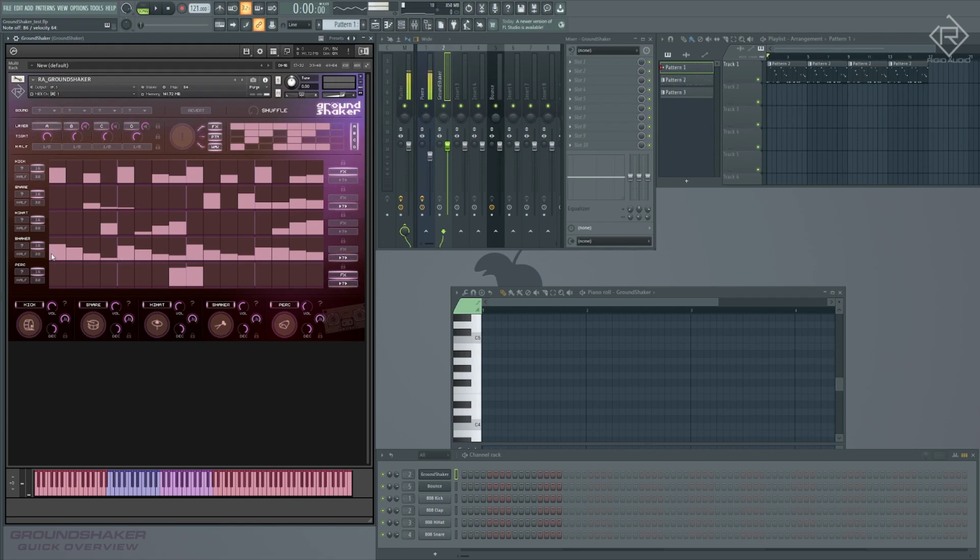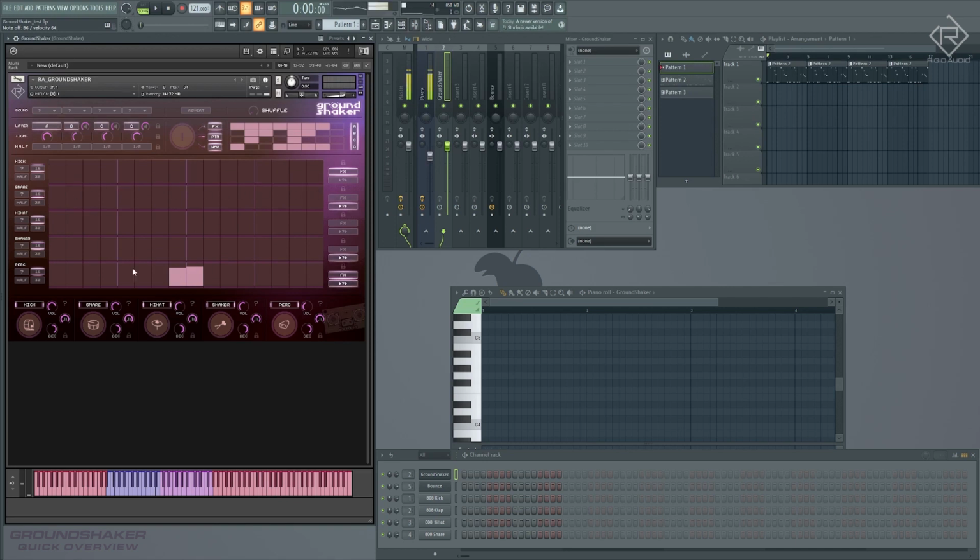For that, we're actually going to delete the other steps, which you can do by just clicking in and dragging your mouse, or you can alt-click, or use option if you're on Mac, to add exact copies in a quarter step actually. So we just start off with the four on the floor